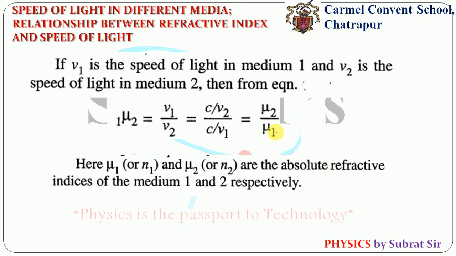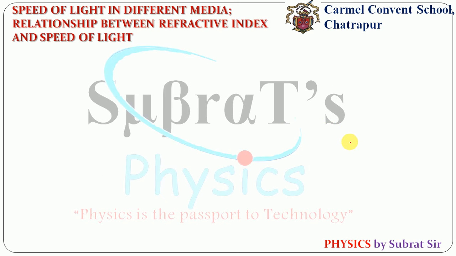If you want to find the refractive index of medium 2 with respect to medium 1, then you simply find the ratio of the refractive index of medium 2 to the refractive index of medium 1. These are absolute refractive indices. Okay, so then we have